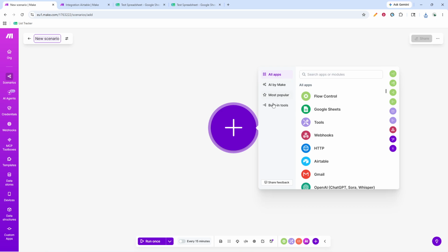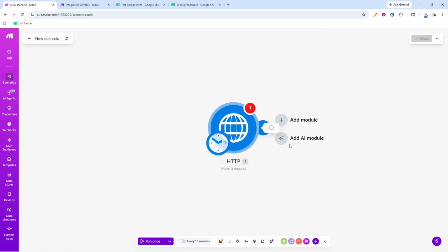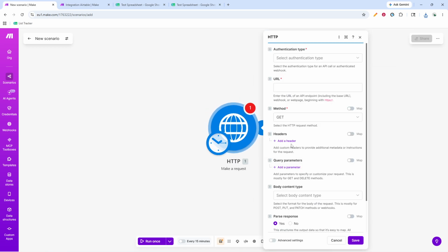Click the plus button and search for the HTTP app. The HTTP module is Make's universal connector. If a service exposes an API, this tool lets you call it directly, even when there isn't a native integration. Choose the Make a Request action. This is the flexible option that mirrors what you see in most API docs, letting you set the URL, method,